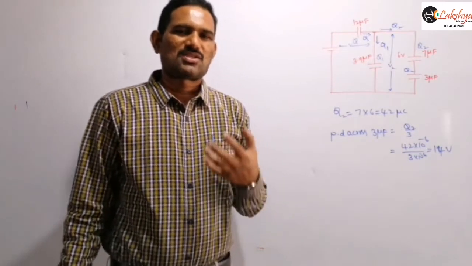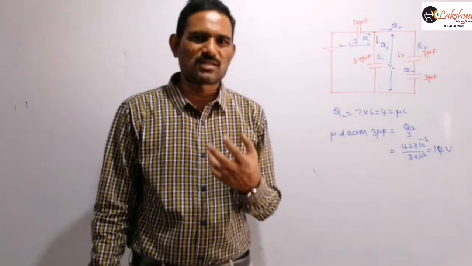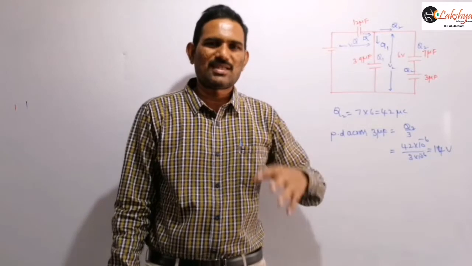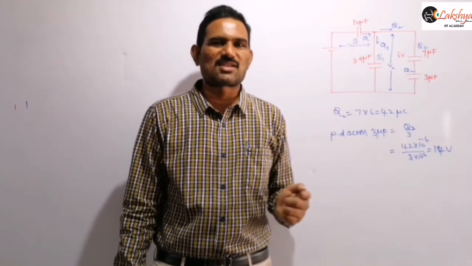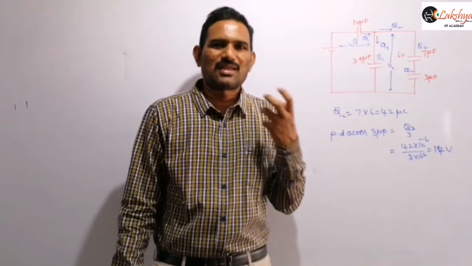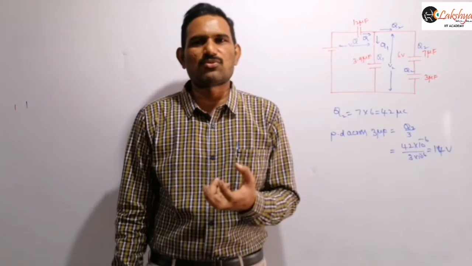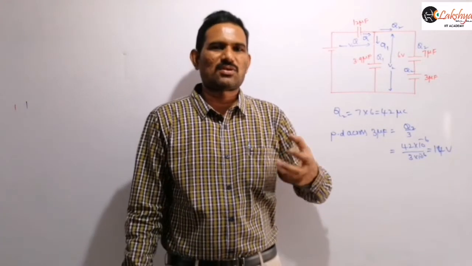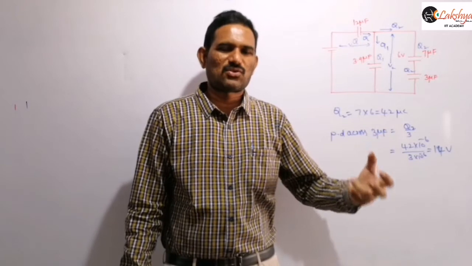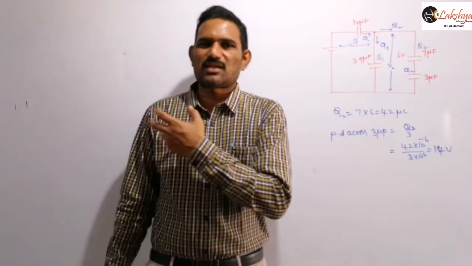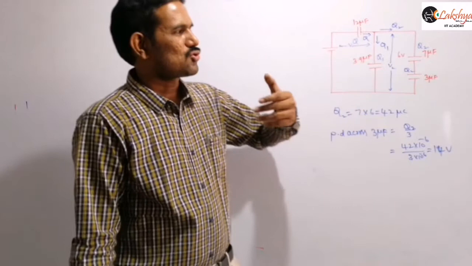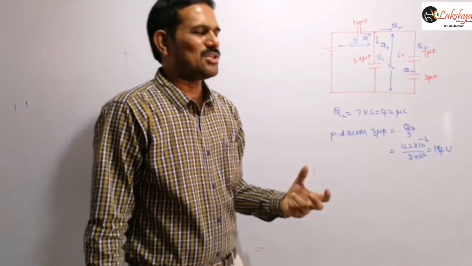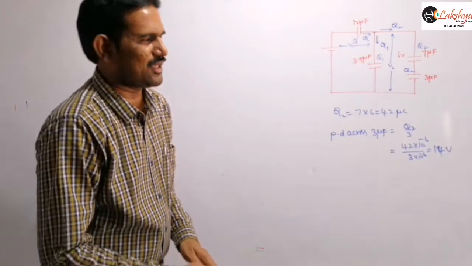That means for the charge drawn from the cell, don't think that we need to add all the charges on the capacitors. We discussed this already in the last class, like charging of the capacitor. If the battery is supplying a charge Q, even if three capacitors are there, if the charge on the first capacitor is Q, then the charge on the capacitors connected in series will be Q1, right? Here also the same concept applies.